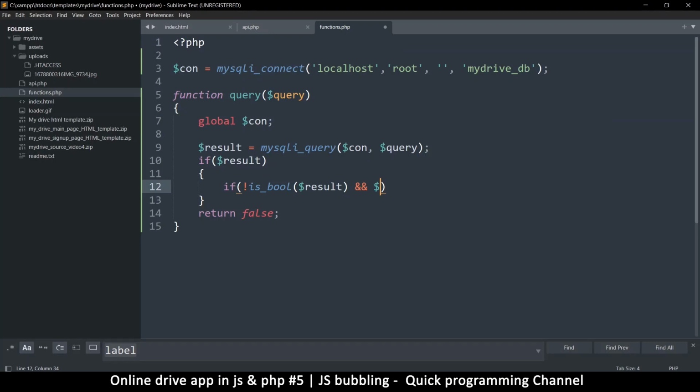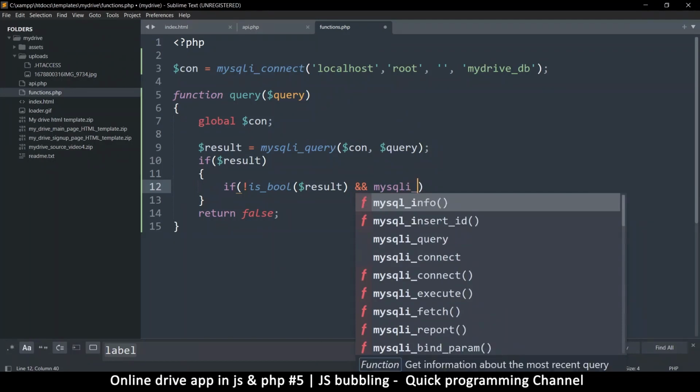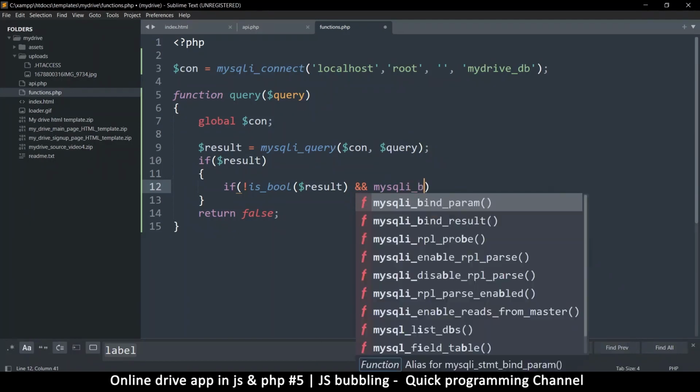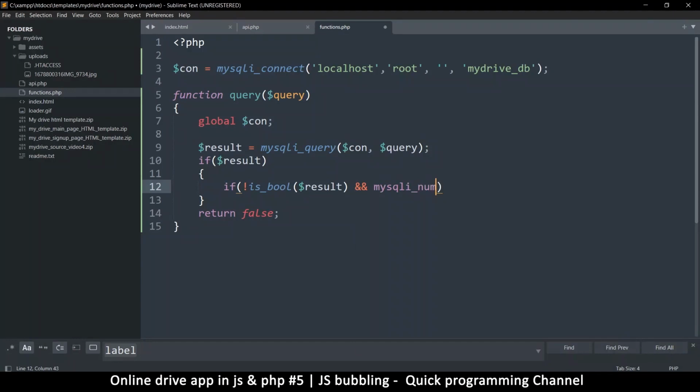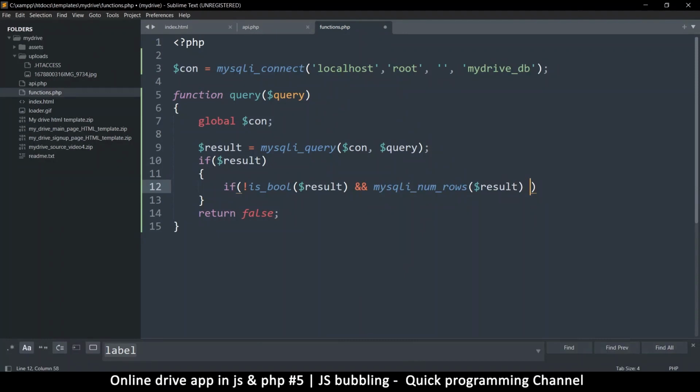And also there's this thing called MySQLi num rows, and then we put result in there. If that is greater than 0, which means there are results in there, then